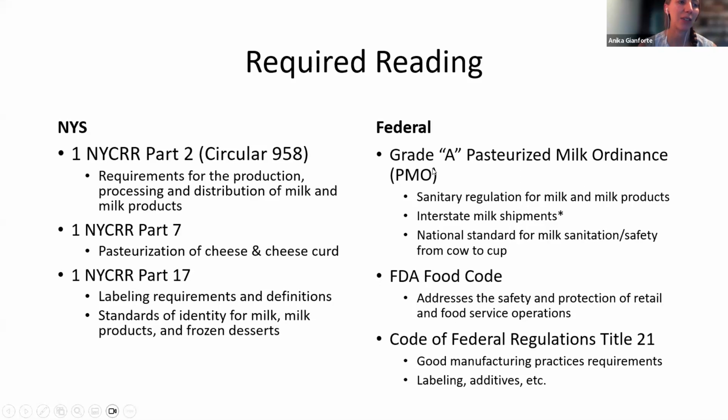So the states have adopted the Grade A Pasteurized Milk Ordinance, and this essentially makes sure each state is on the same playing field for Grade A products like fluid milk, yogurt, etc. So this is a great resource. It's online, so if you Google Grade A Pasteurized Milk Ordinance FDA, you should be able to find a PDF copy of this. It has a lot of really good information in there,